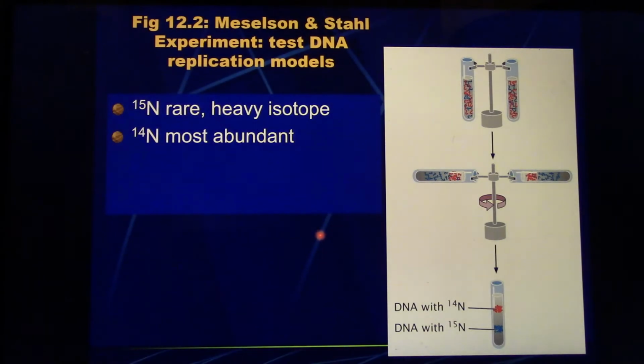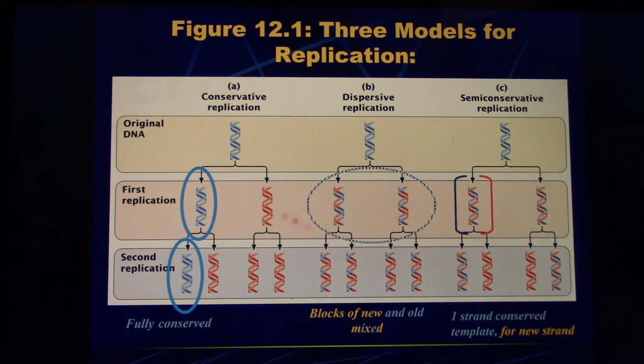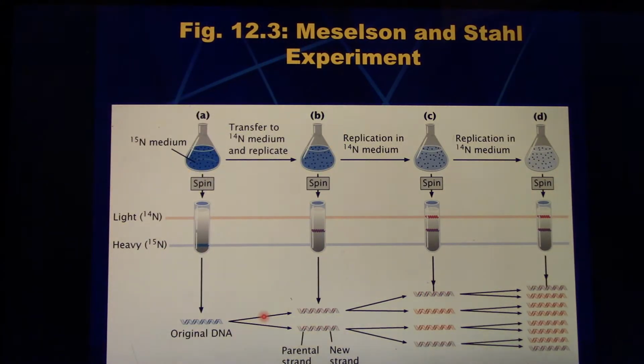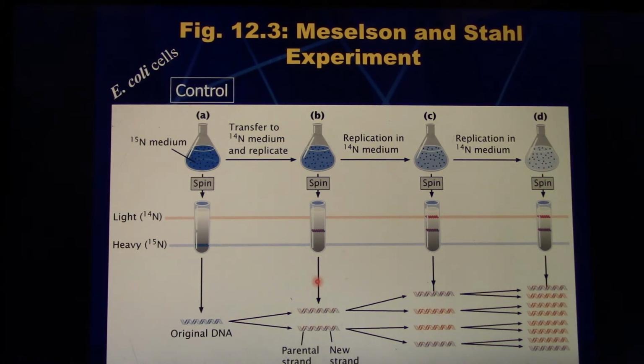This, if you look at the models, is going to eliminate this first conservative replication model because they would have kept their old, fully conserved original DNA and they just lost it in the first round of replication right here. Okay, so we got our control, got our first generation. Then they